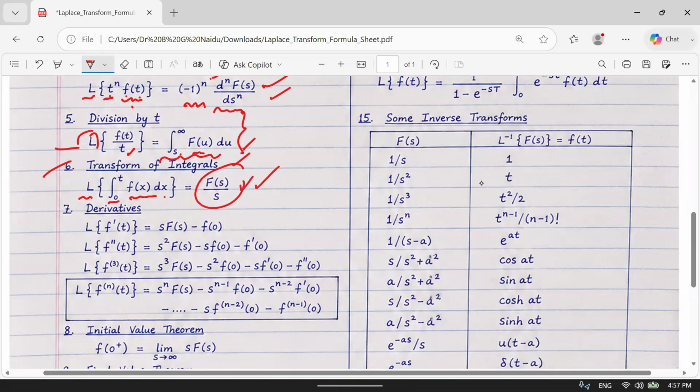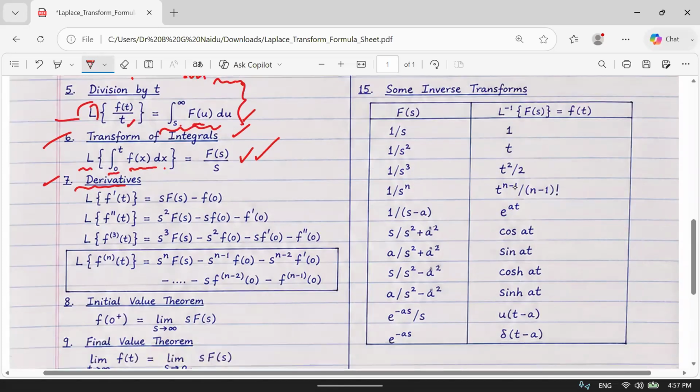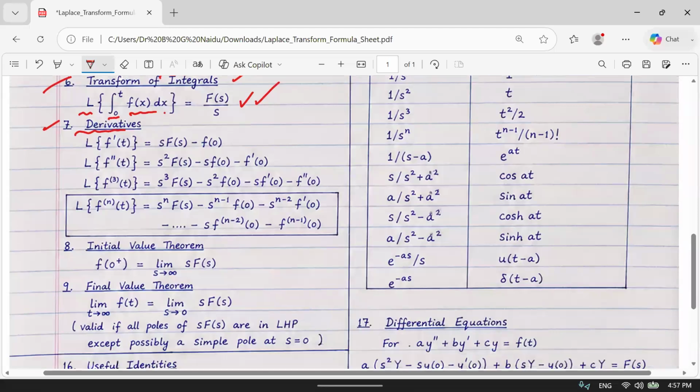This is called Laplace transform of integral. And then another one, Laplace transform of derivatives. So Laplace transform of f dash t can be written as s F(s) minus f(0). Similarly, Laplace transform of f double dash t can be written as s square F(s) minus s f(0) minus f dash 0. Similarly, Laplace transformation of the triple derivative of f(t) can be written as s cube